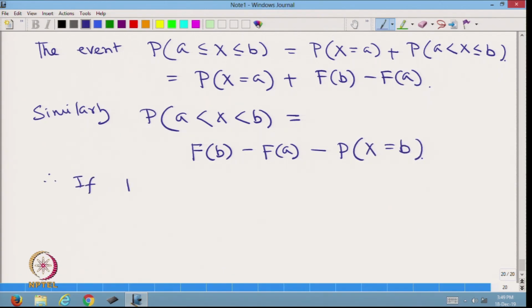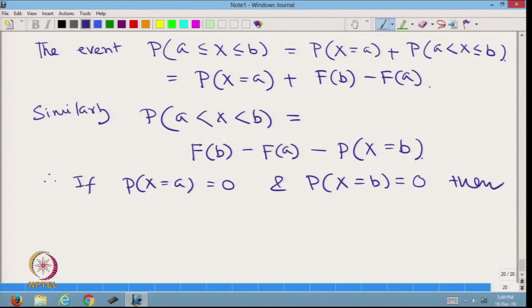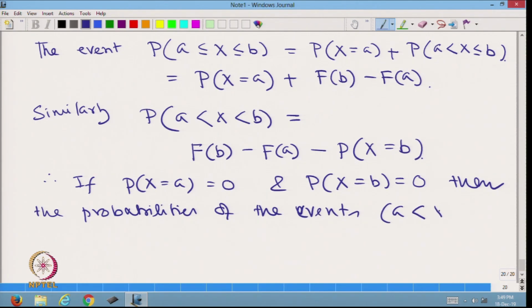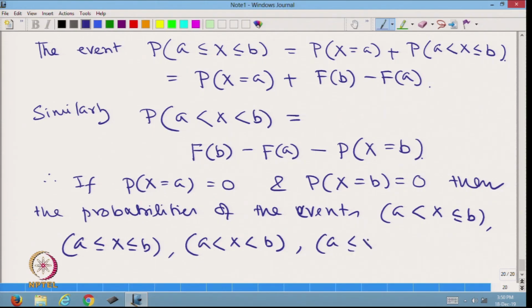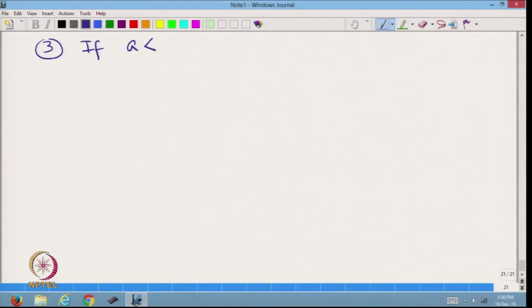Therefore, if probability x is equal to a is equal to 0 and probability x is equal to b is equal to 0, then the probabilities of the events a less than x less than or equal to b, a less than or equal to x less than or equal to b, a less than x less than b, a less than or equal to x less than b are all the same. Next property, if a less than b,